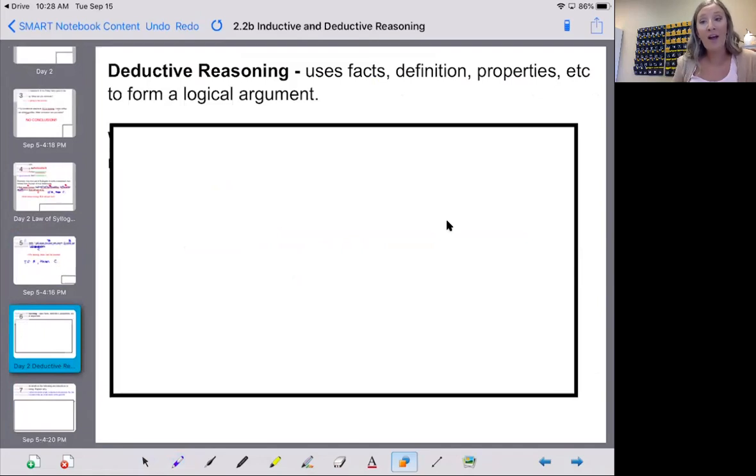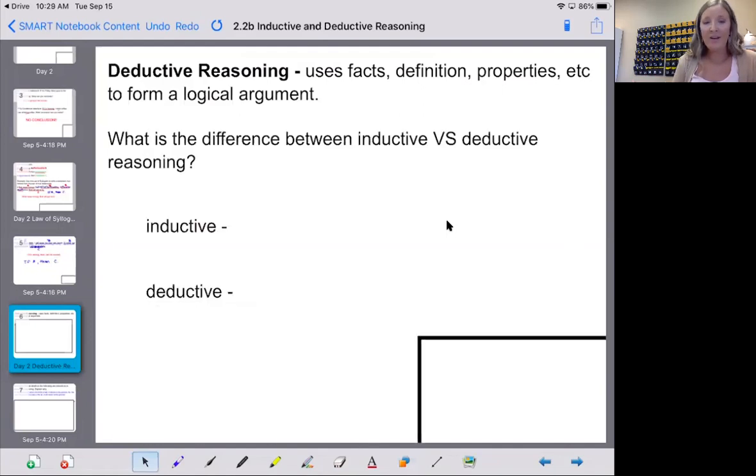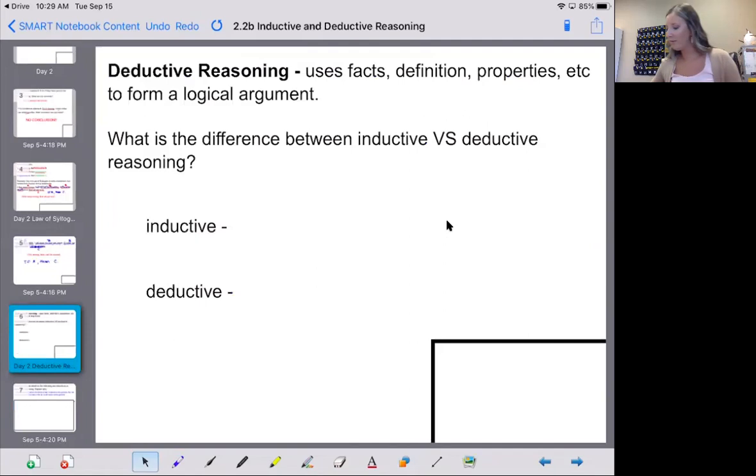It says it uses facts, definitions, or properties, etc., so like law of syllogism, etc., to form a logical argument. Now, my question to you is, how is that different from inductive? So if you flip back in your notes, I have it right here. It says inductive reasoning is when you find a pattern in specific cases and then write a conjecture for the general case. So inductive is when you observe